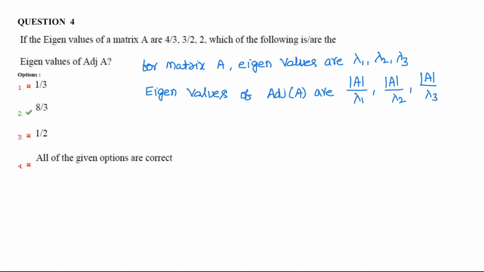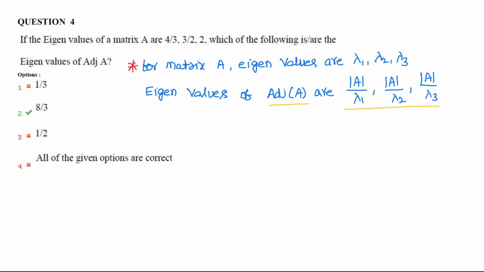Question number 4. If the eigenvalues of matrix A are 4 by 3, 3 by 2 and 2, which of the following are the eigenvalues of adjoint A? So the formula is, if A is a square matrix and lambda 1, lambda 2, lambda 3 are the eigenvalues of matrix A, then eigenvalues for adjoint A are mod A by lambda 1, mod A by lambda 2, mod A by lambda 3. So using this formula,